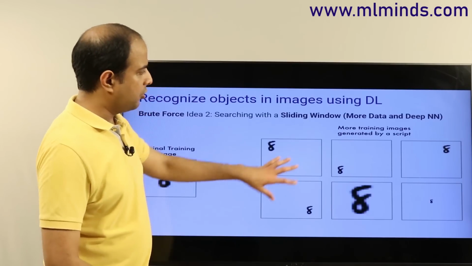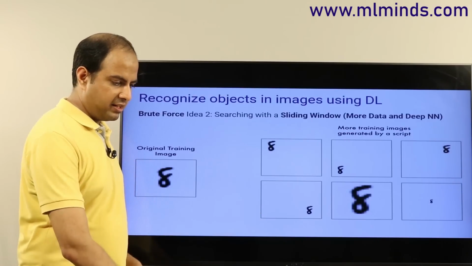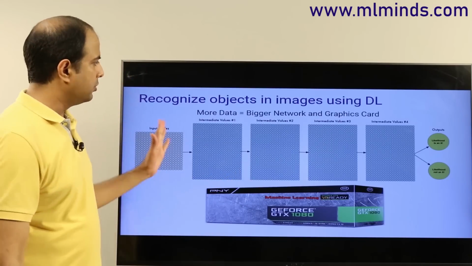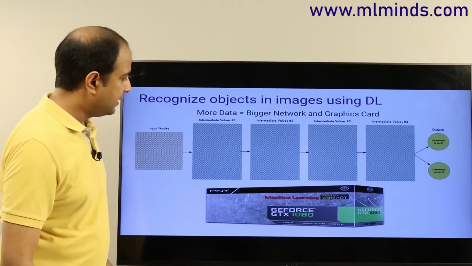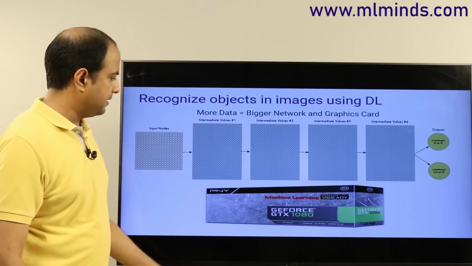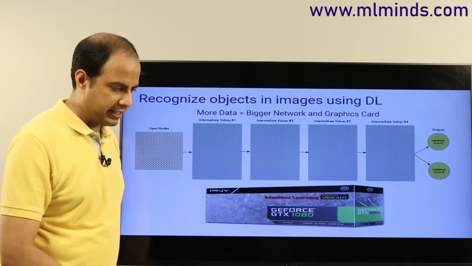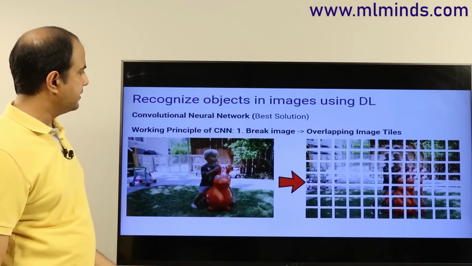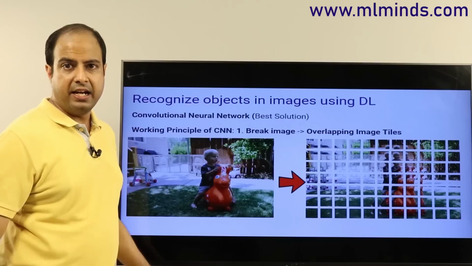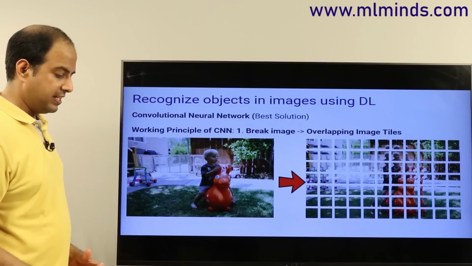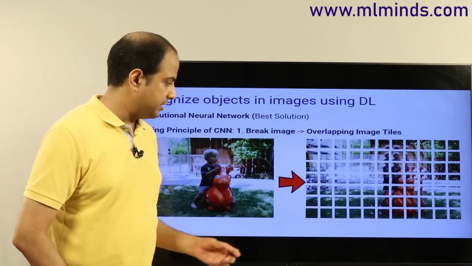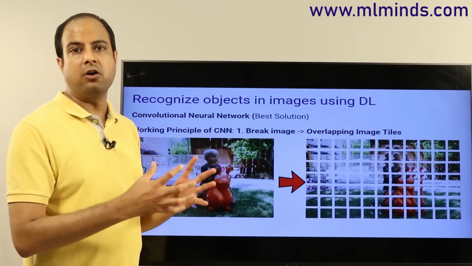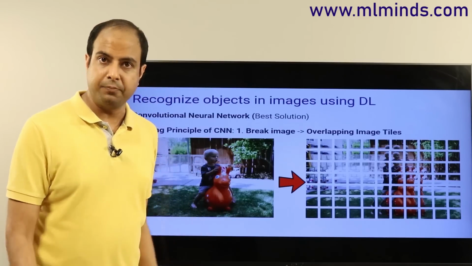So you could generate a whole bunch of such training data and then train a much deeper network. Since you have larger amounts of data, maybe you could train with multiple hidden layers in between. If you have lots of compute power, for example multiple GPUs of this kind, sure, you can do that as well. Now, the best solution to handle images is using convolutional neural networks. Let us see how convolutional neural networks achieve this kind of translation, rotation or zoom invariance, and also help us learn with a small number of weights, and therefore with less compute power.